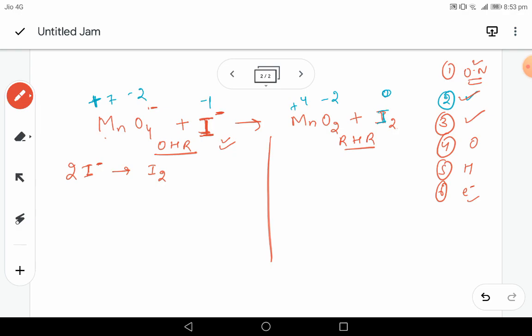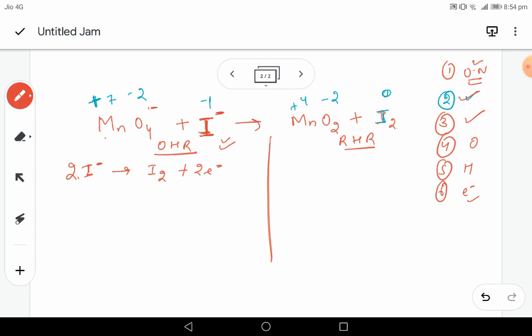Now this is very important. If you see over here, I have a charge of minus 1 on this iodide. But how many iodide do we have? We have 2. So this becomes minus 2. Okay. So on this side I have minus 2 charge. And on this side it is 0 because it is in the elemental form. It is like 2 iodines, they have combined together. So it is 0. So over here I have got 2 negative and here I've got 0. How can I make this 0 to 2 negative? Very easy, by adding 2 electrons onto this side. So this 0 will change and it will become minus 2. Okay, so I am done with the sixth one. I told you we have to focus right now only till the sixth one. I am done with my oxidation half.